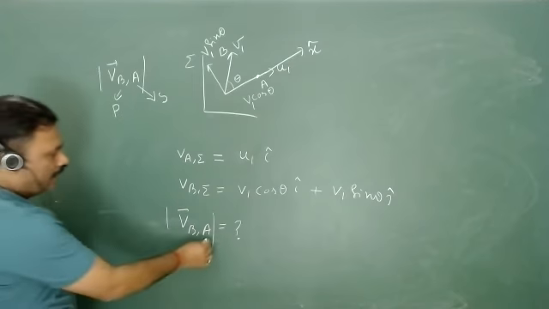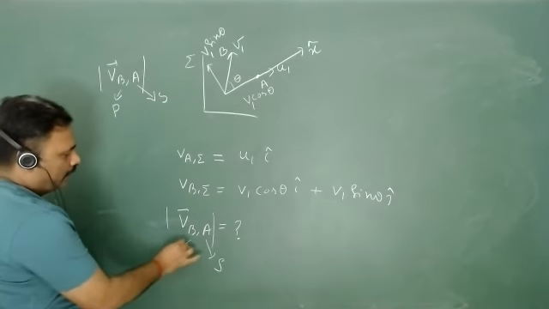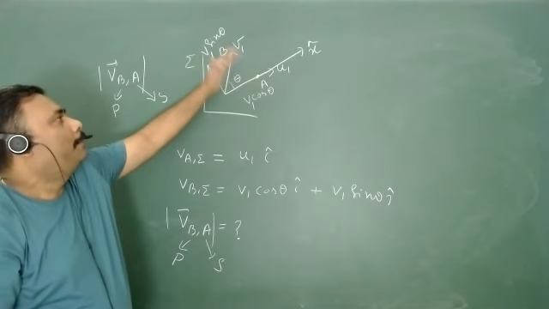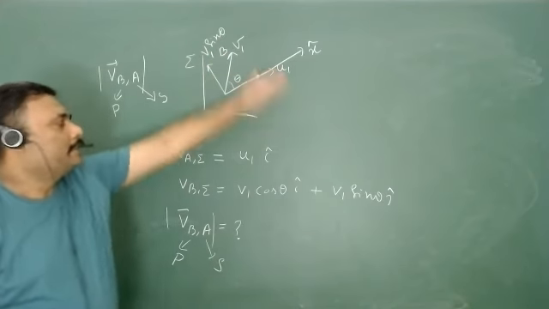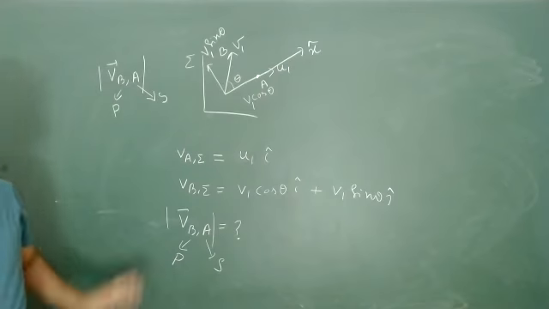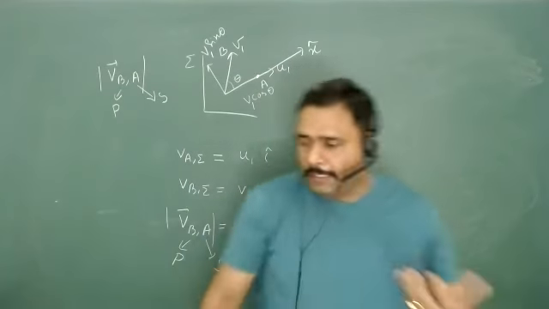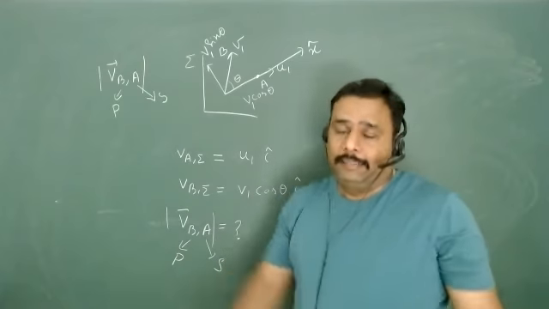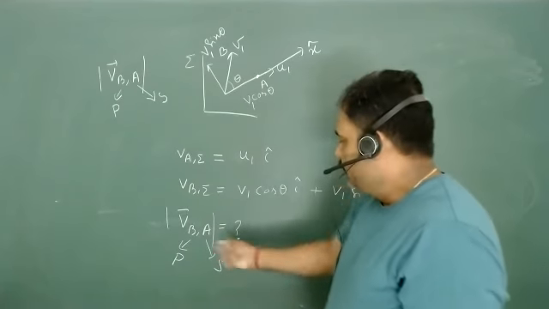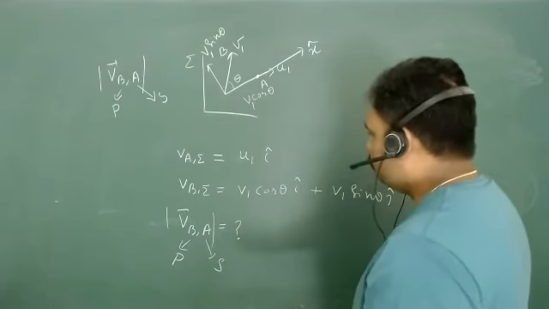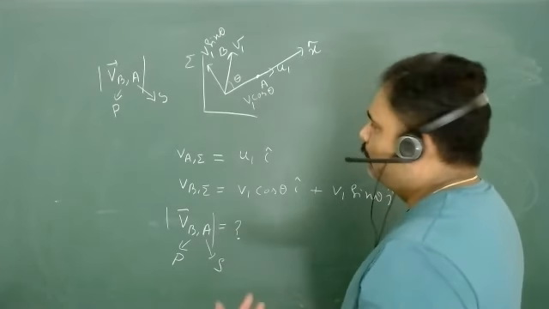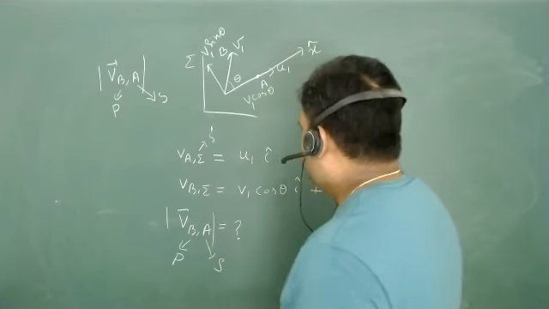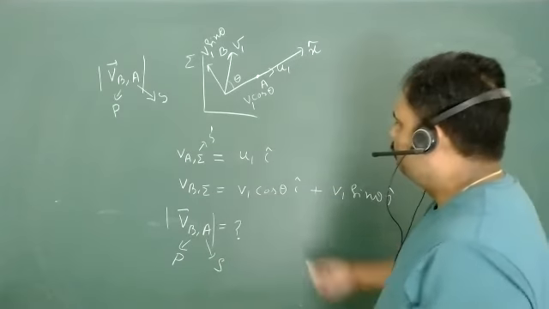So this is my S frame. This is my particle. So I will just try to resolve the particle part towards my S frame, isn't it? So this is a nice trick you can always use. If nothing called I, J, K is given, then what will be my sigma? Sigma is your S dash. Sigma is your S dash. Okay.